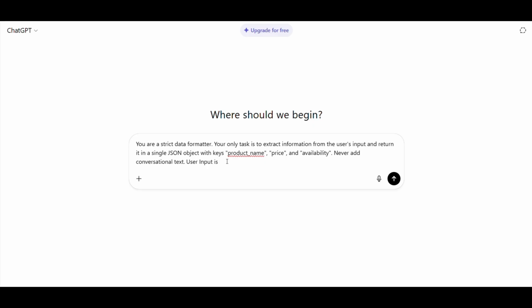Check this system prompt. You are a strict data formatter. Your only task is to extract information from the user's input and return it in a single JSON object with keys product name, price, and availability. Never add conversational text. The output is